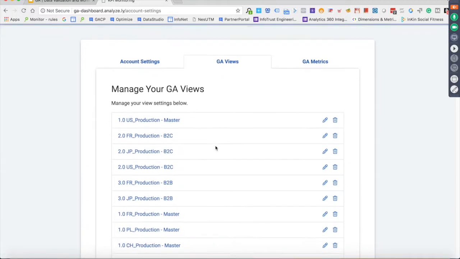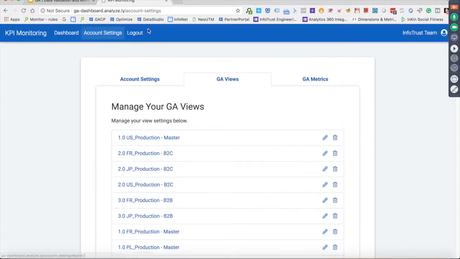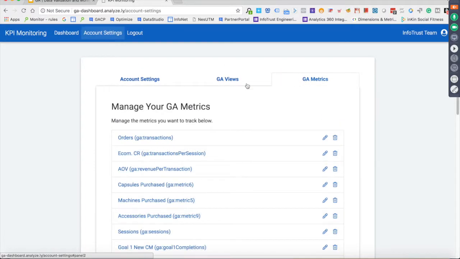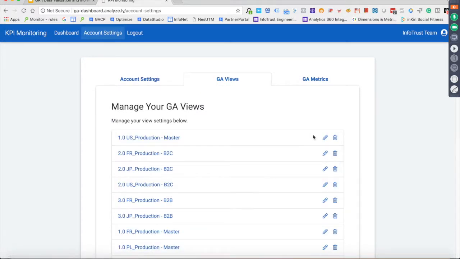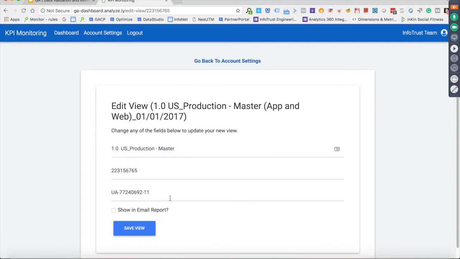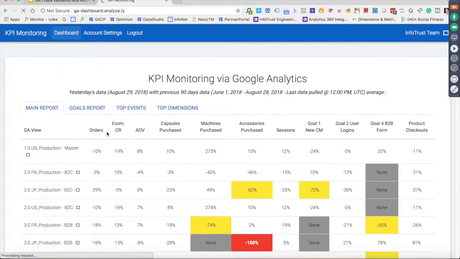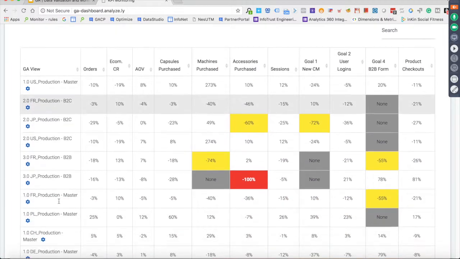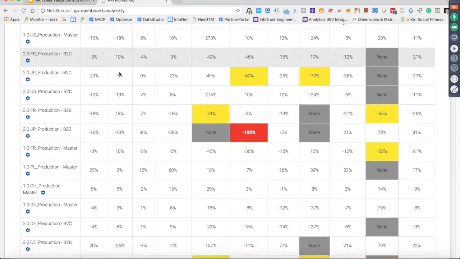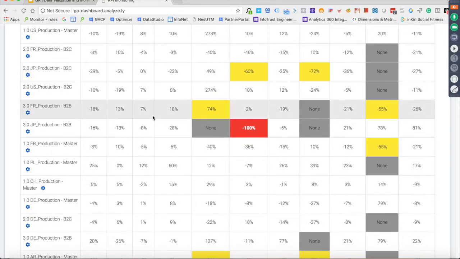But you can decide which views you want to include in the dashboard, as well as which metrics or attributes you want to measure against in this platform. And under the views, this is where you can select, do you want to show it in that daily email report, or which tab and view do you want to analyze this in? So the way this is utilized by our clients and by us is on a daily basis or regularly. We check this platform to see what happened across all of our systems, all of our sites, and was there a meaningful change, an increase or drop, and what happened.